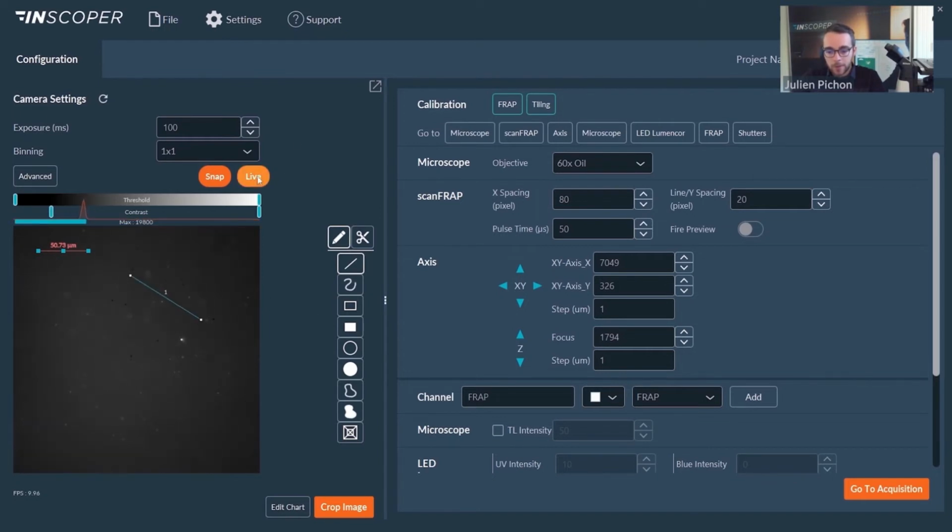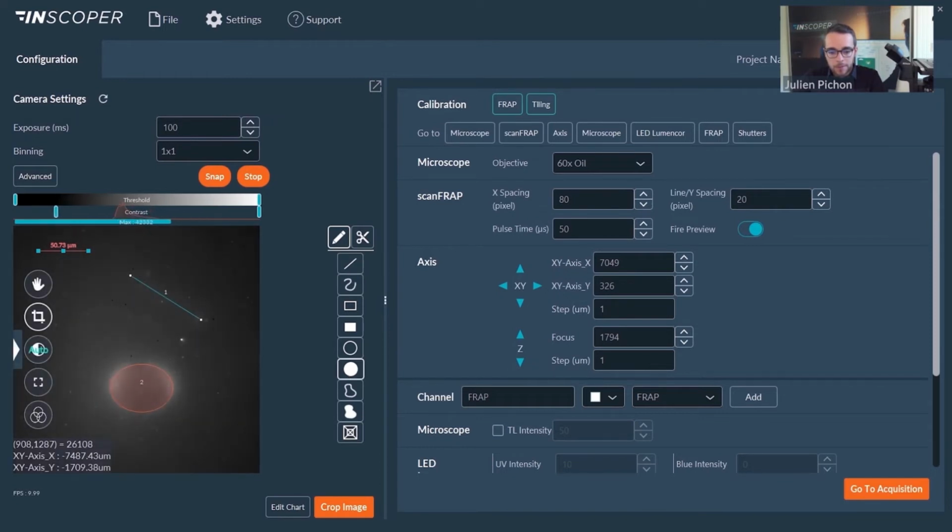So for example, we can make some lines, and I make the preview. As you can see, we can see these forms. We can also make filled forms, including a circle like that, and we can exclude some area of this filled form to make this new area. And as you can see, there is a donut-like pattern that can be very useful in live cell biology if, for example, we want to bleach the cytoplasm of a cell without affecting the nuclei. So, okay, all is good now, so I can stop the live,